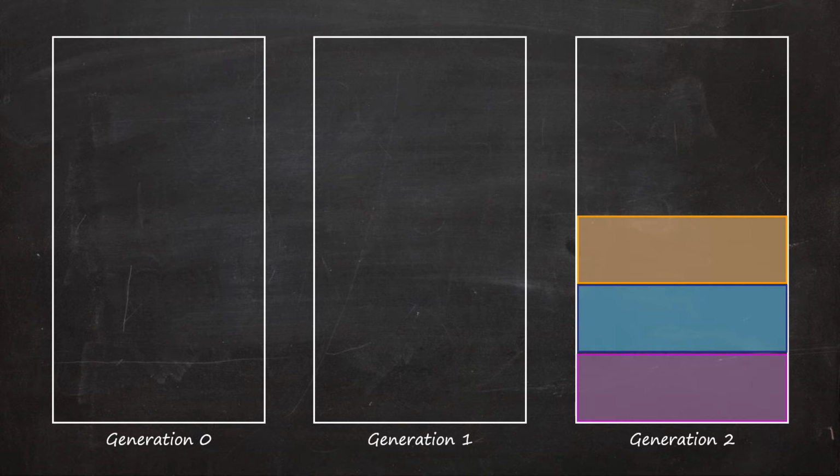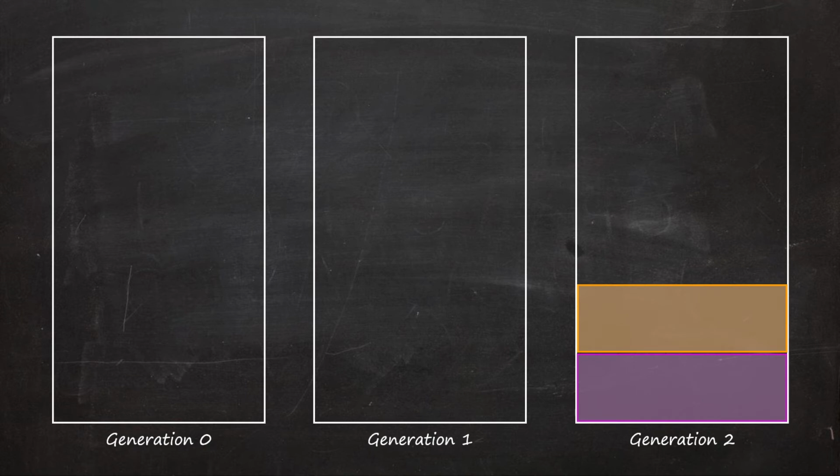The generation 2 heap may start to get full, and so we have to do a garbage collection on that. And that has to work slightly differently, because once we've marked up the surviving objects, we can't move them over to the next generation heap because there isn't one. And so what actually has to be done there is compacting the heap. So once the unreachable objects have been removed, everything else is compressed down so it all sits at the bottom of the heap, which is a slightly slower process, but it only happens rarely because we don't get much garbage collection on the generation 2 heap. And so that's the approach that we have.